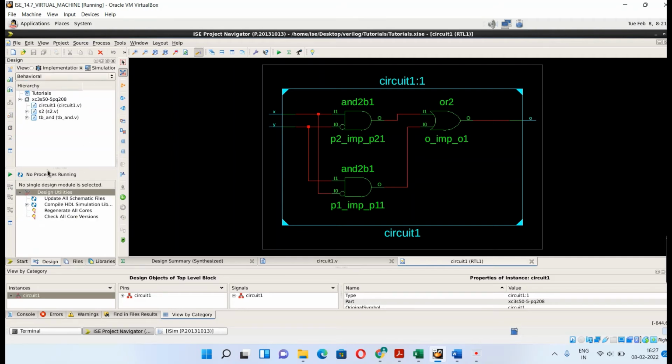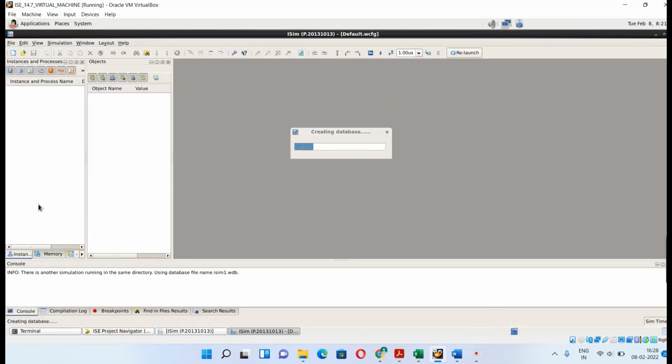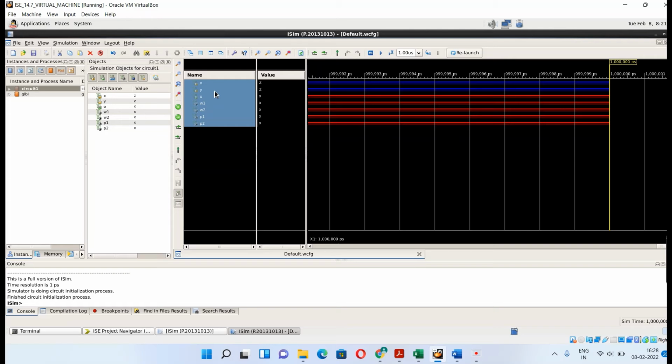Now we'll see the behavioral simulation of this circuit. We will select circuit 1 and simulate the behavioral model. Now a new window opens up. These are all the inputs.